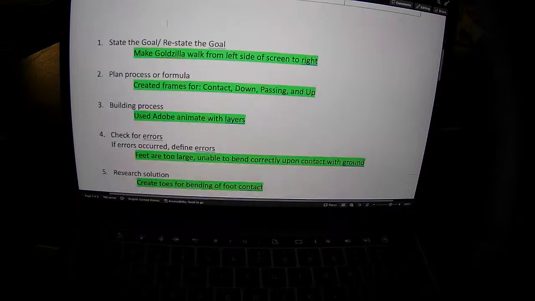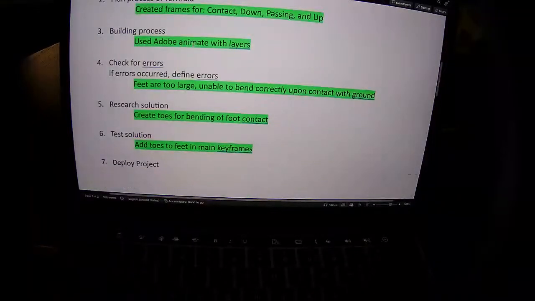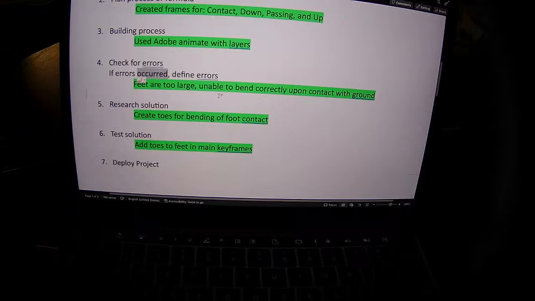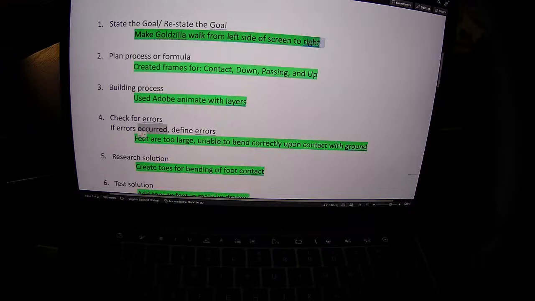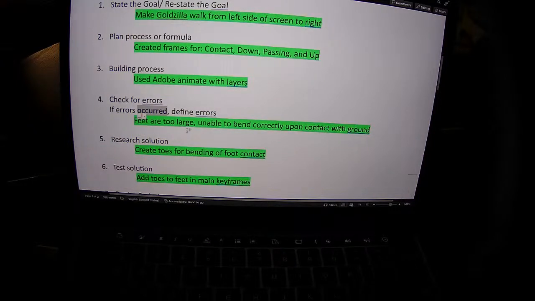We used the build process, the layers in Adobe Animate. Check for errors. That could be subjective. It's like, what's an error? But the problem was we could not bend correctly. And now that's no longer a problem. But now I think it's just a matter of design, and so now it's more of a subjective thing. It doesn't look as dinosaurish, or it doesn't look as stompy. It looks more like a person with big clown sneakers. And hey, while that meets the criteria, it's not artistically